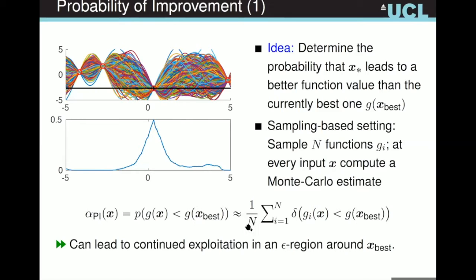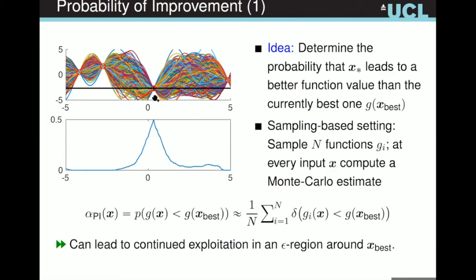And that's approximated by effectively counting how many functions have better function values at the corresponding input value. So the delta is a 0, 1, a Kronecker delta. If the statement inside the delta is true, you count 1, and otherwise you count 0. So if we have n samples from a posterior Gaussian process, then this expression would be the probability of the location x giving a better function value than the location where we currently